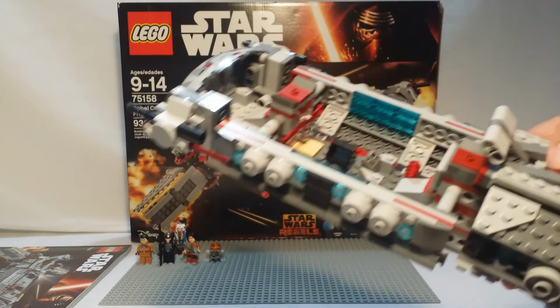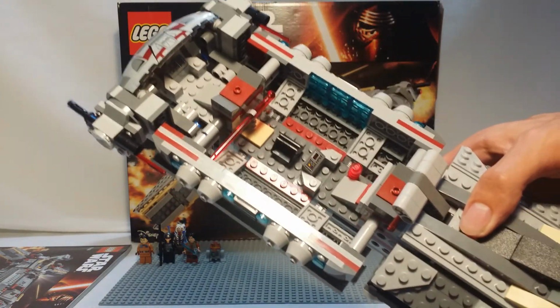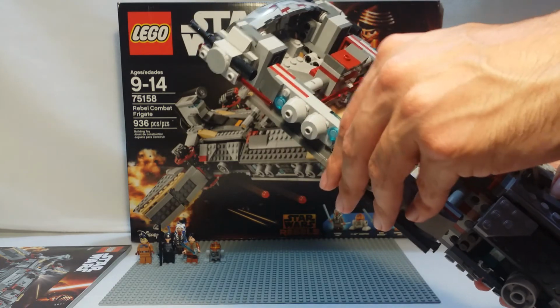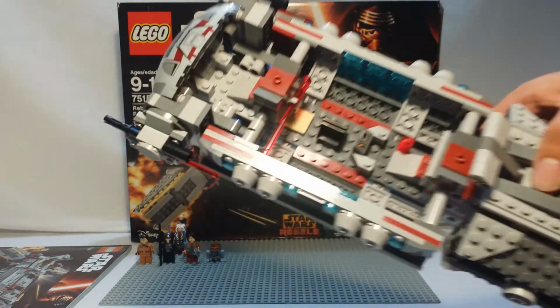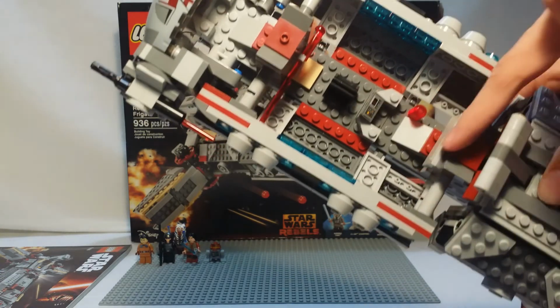There's no spinning chairs or the usual type of stuff that's usually included, just because it's smaller and a lot of the pieces went to the different armor platings that you needed to make the shape. Like, I love how these side pieces are on by these Technic